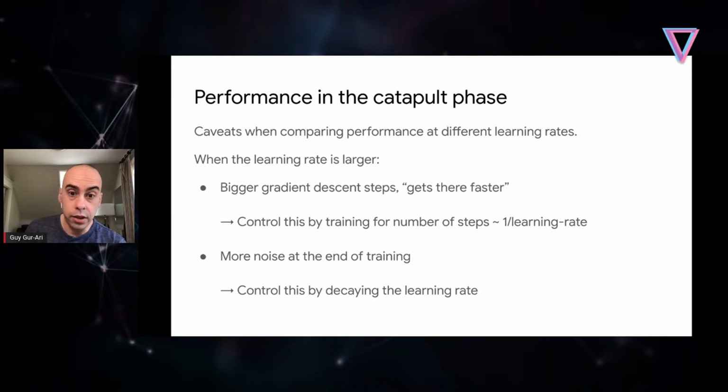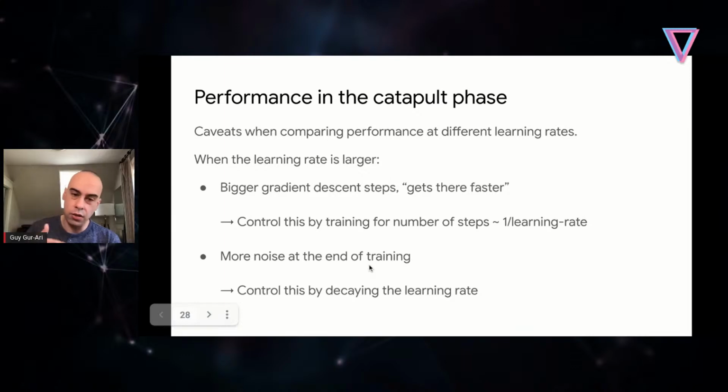We're just going to choose the best learning rate. But scientifically, to have a fair comparison, I don't want to say the large learning rates won, which means that the catapult effect is better, when in fact it's just that the small learning rates didn't have a chance. So scientifically speaking, we want to control for that. Practically speaking, this is yet another reason why large learning rates are better. But that's not the effect we're interested in here.